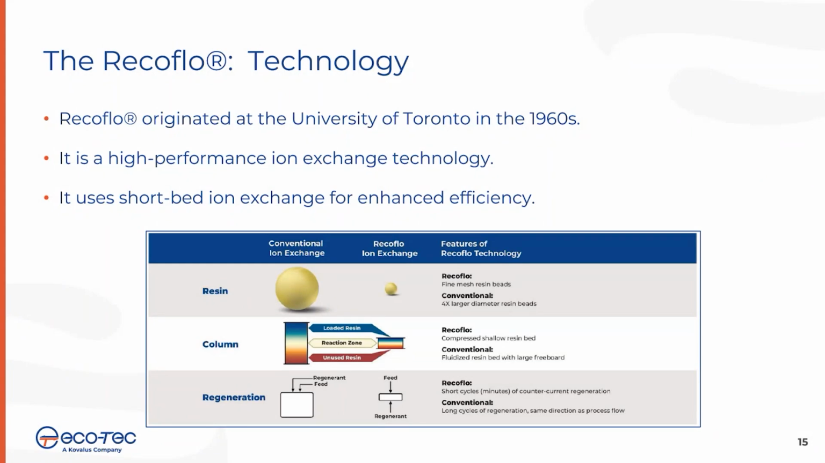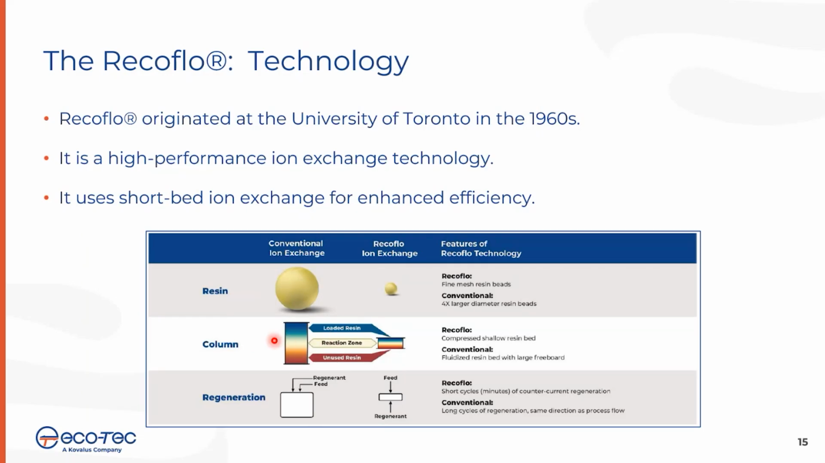ion exchange bead. When the bead is smaller, you get more surface area per unit volume, and the exchange sites are more accessible. That means ions don't need to diffuse as far into the bead, so the mass transfer is faster. In a conventional column, you typically have a tall resin bed, and the mass transfer zone is spread through